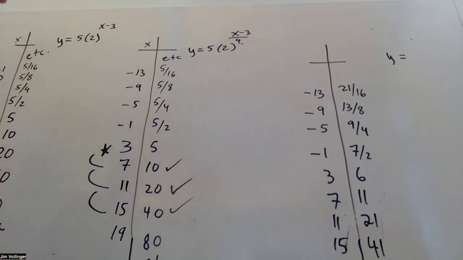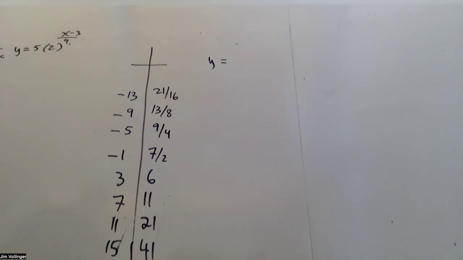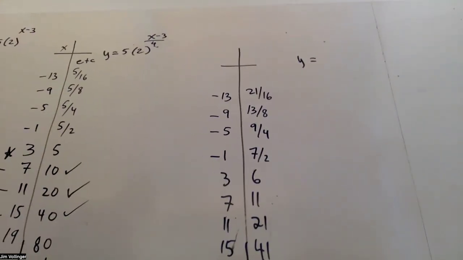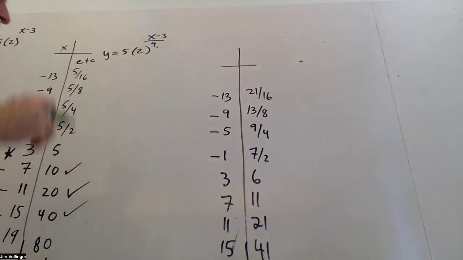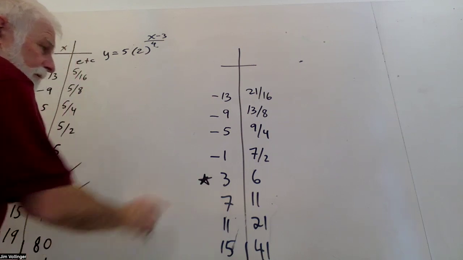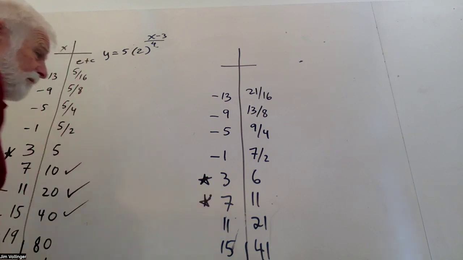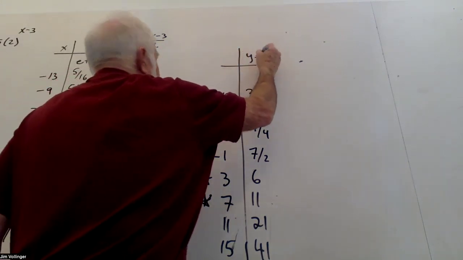Oh, okay. Looks like we have just one more set of table values. I think I should keep the last one there. All right, and now, oh, I've done something to my y values. Well, I think it's easiest to see 3 gets you 5 there. 3 gets you 6 over here. 7 gets you 10 here. 7 gets you 11 there. Yeah, I think if you said that these y values have gone up by 1,